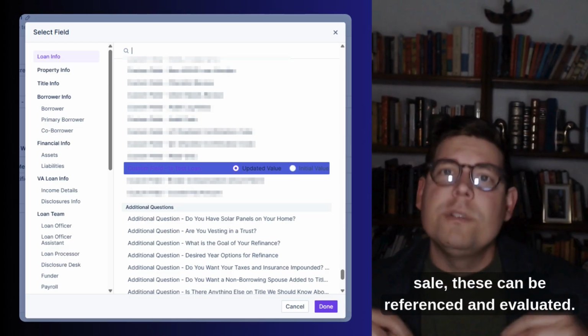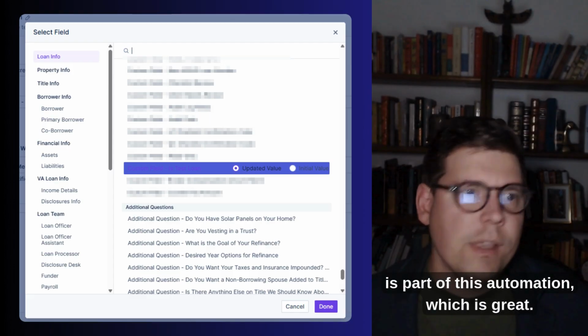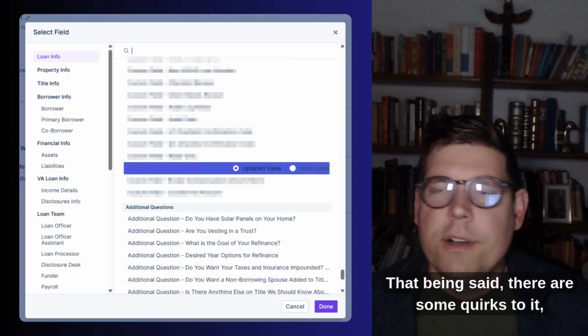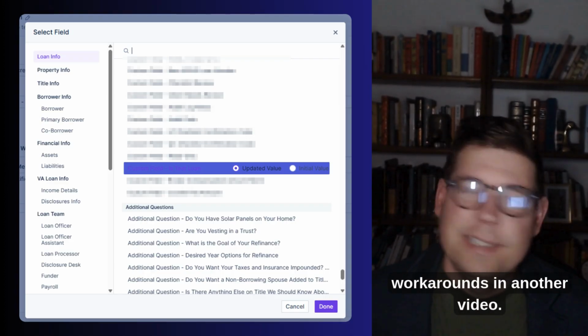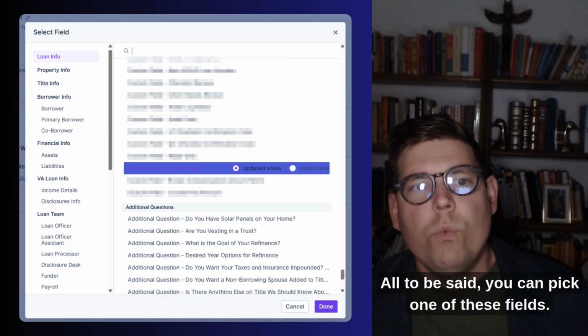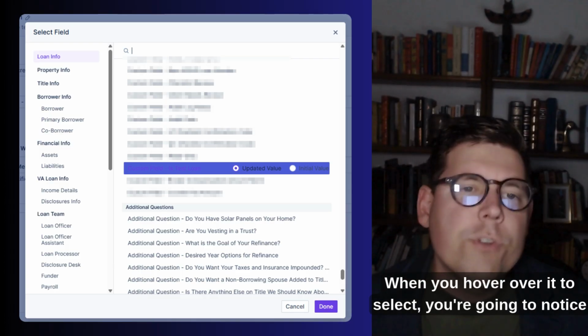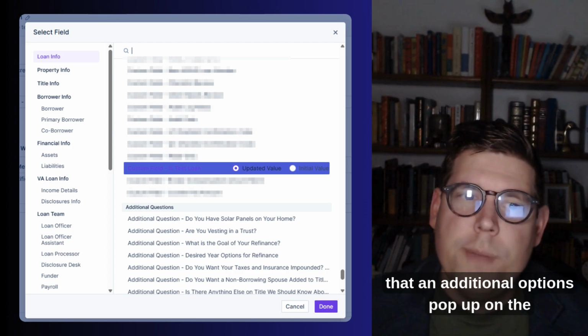These can be referenced and evaluated as part of this automation, which is great. That being said, there are some quirks to it, but we'll talk a little bit about that and workarounds in another video. But all to be said, you can pick one of these fields. When you hover over it to select, you're going to notice that additional options pop up on the right